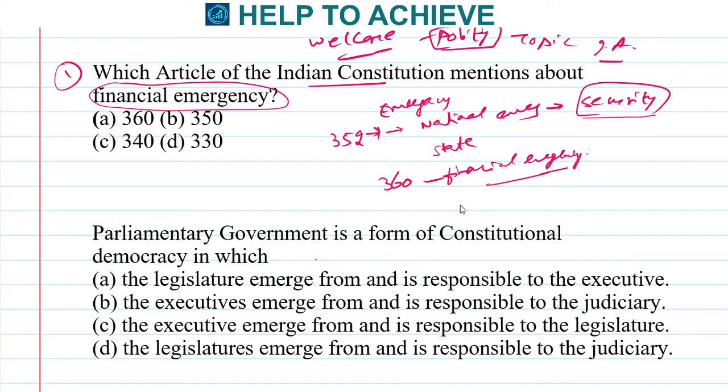Okay, so the correct answer for this is Article 360, which is option A. So you have to remember this. And in the case of emergency, some of the fundamental rights are also suppressed. I mean, they are not there in the state of emergency, and only the President of India has the power to implement the emergencies. Okay,